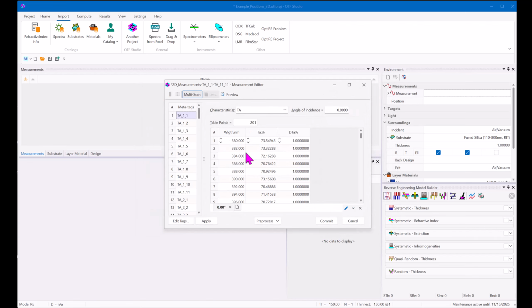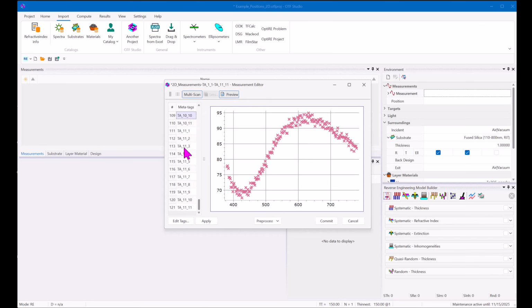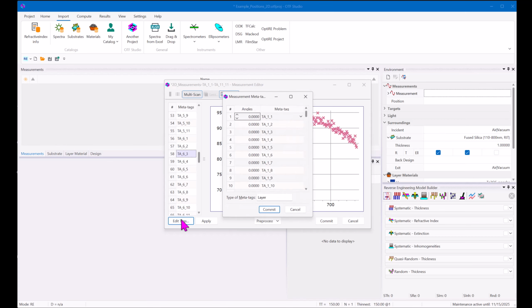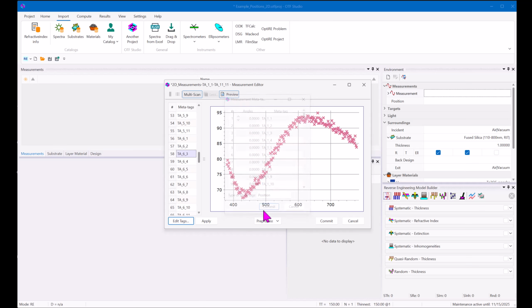Commit, and here in the measurement editor we can see all imported measurements for all positions, and we can switch between different positions in the preview. Edit text, and it's important to specify the position here. So commit,